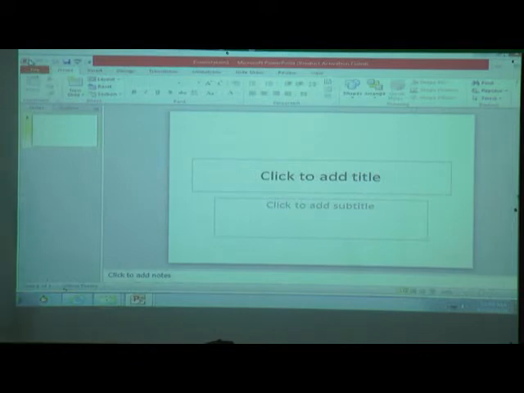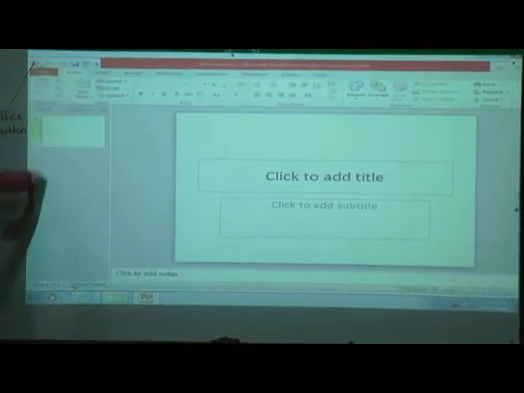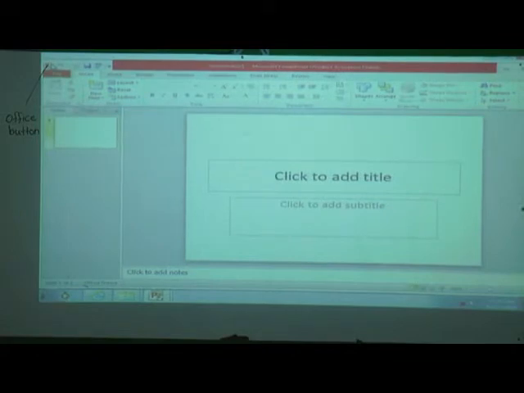This one is the Office button. Afterwards, everyone knows what we call this, one line and a triangle? Yes, good.